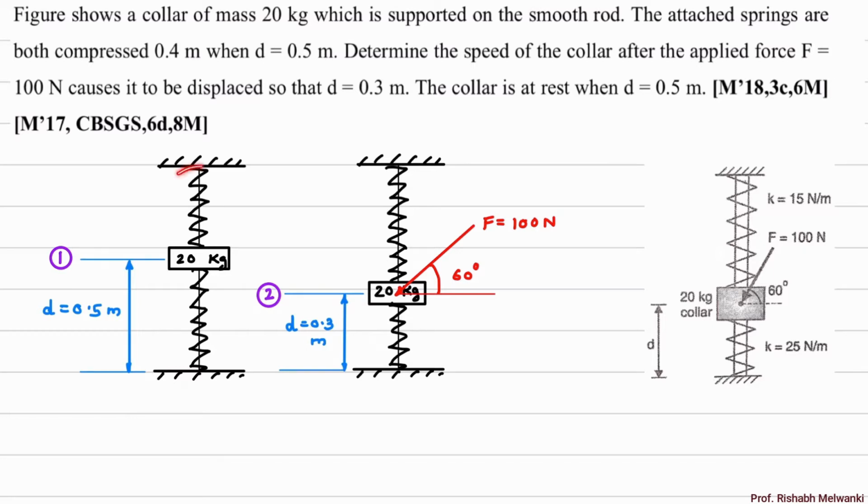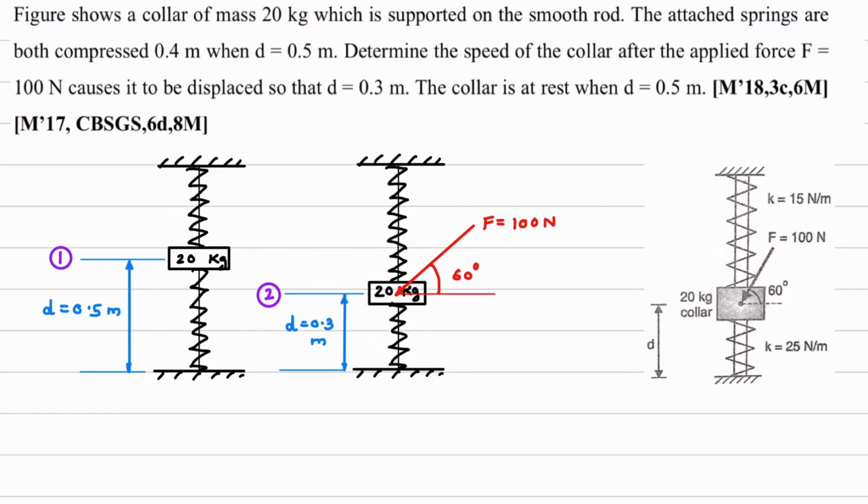Now here, since we have two springs and block will move downward, you can see in the second diagram, here we have to do analysis for two springs. This will be spring 1 and this will be spring 2. So you will have undeformed length of spring 1, then initial deformation and final deformation of spring 1. Similarly, for spring 2, you will have free length of spring 2, then initial deformation of spring 2 and final deformation of spring 2. Okay, so analysis of the spring part is important. Once that is done, easily you can apply work energy principle.